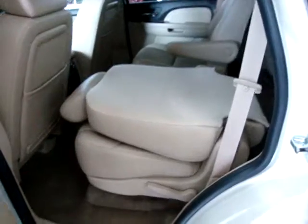And the middle row passengers have their own map lights that are integrated into the roof-mounted DVD player. Okay, to get access to the rear, the little ones usually just walk in between, but also you have this switch here, which is for the seats to tumble. So I'll show you how that goes. Press it,